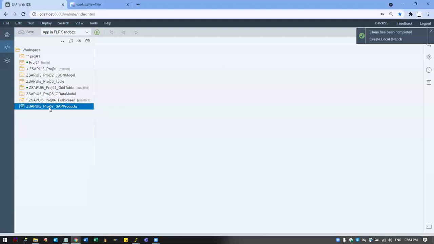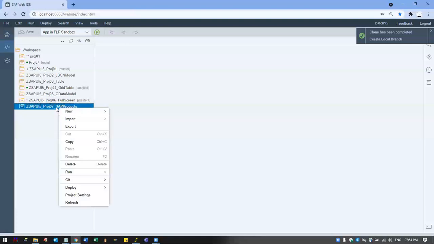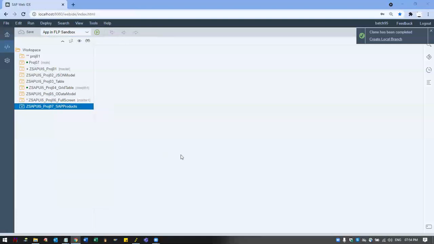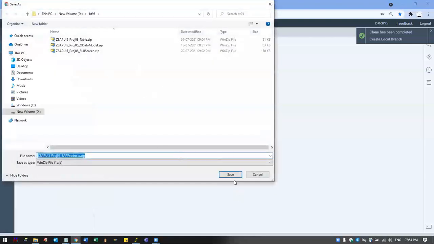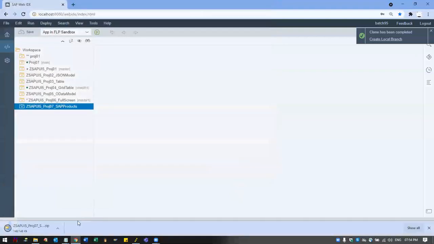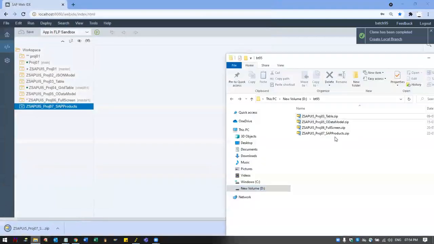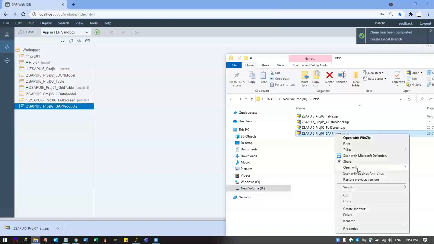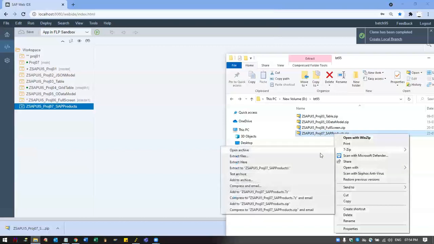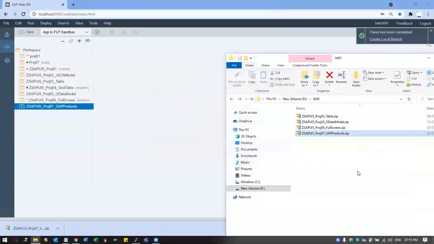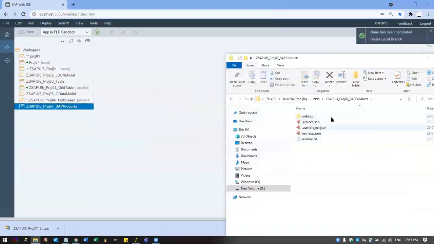So this current application, what is there? First, from the admin perspective, right click on the application, export into a local drive folder, and then you extract that into a folder form, and then you keep this file structure ready.